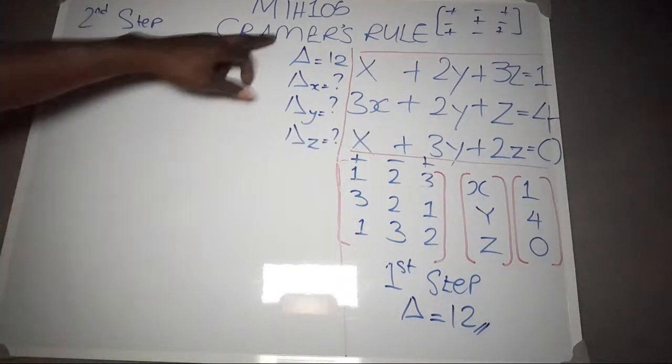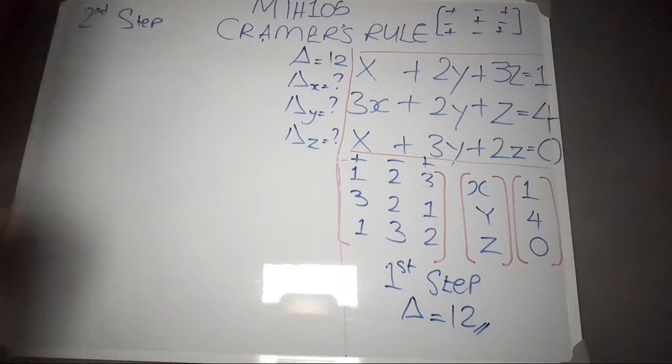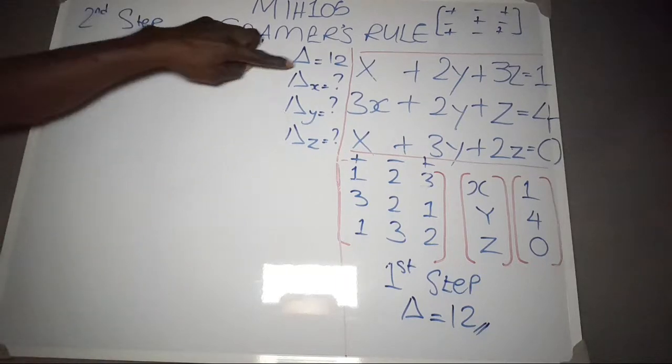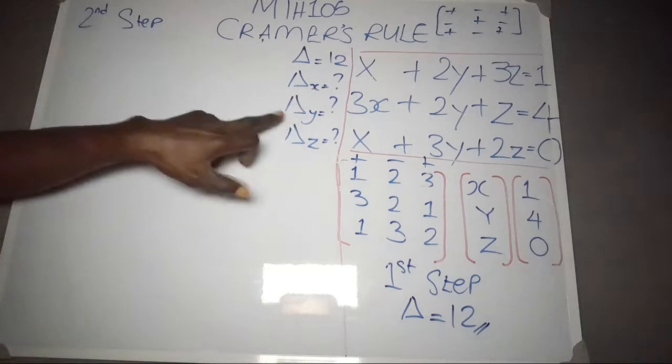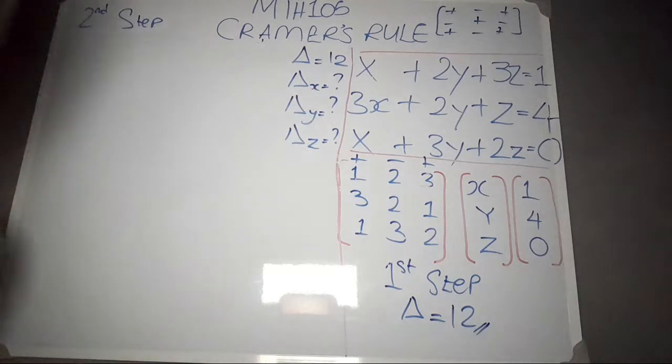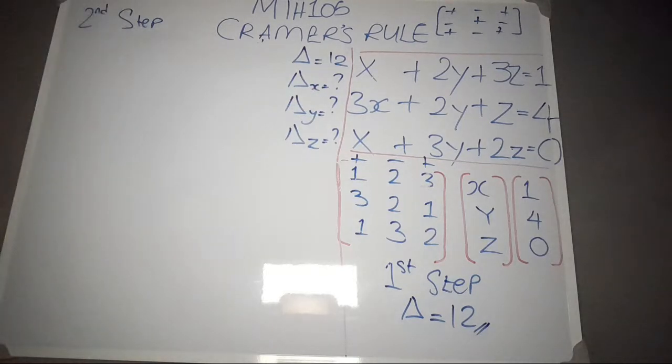Out of all the determinants, we have only solved for the main determinant. So we are solving for the determinants of x, y, and z. So now, to solve for the determinant of x and the determinant of y, we may then say